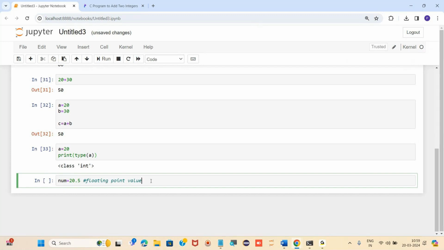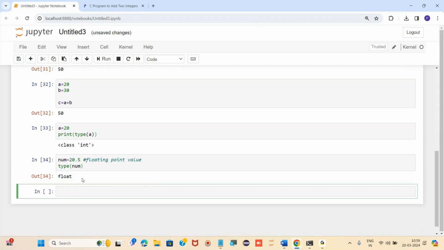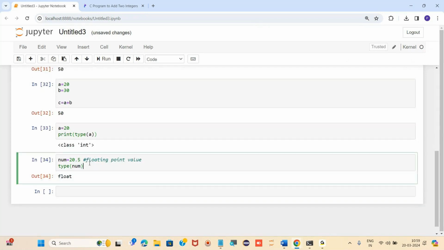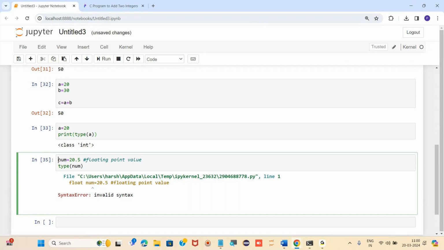And if you see the type of number, it is nothing but float. Getting my point? No need to write it like this, float of number, right? No need to write it like this. It will give error because the compiler knows everything. This syntax does not belong to Python. We should not write the data type before initializing the variable. Before initializing the variable, we should not write any kind of data type because PVM knows everything.